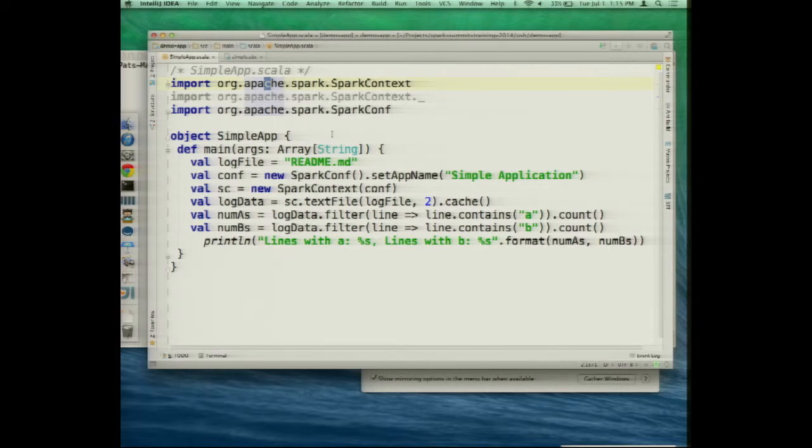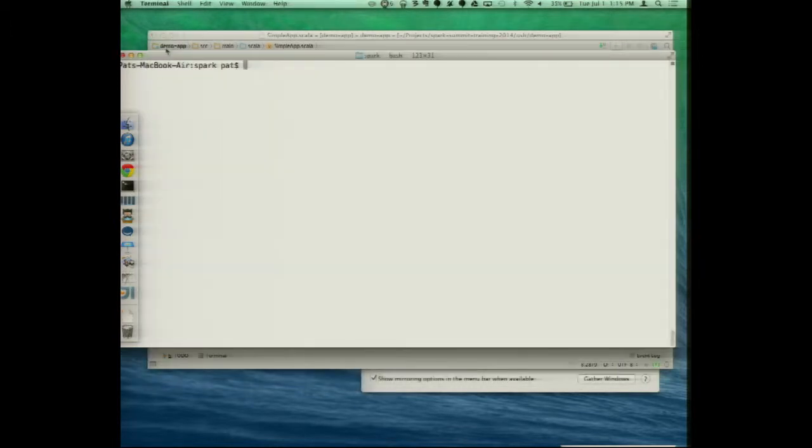So anyhow, all we're really doing here is finding a file. We're going to set up our Spark context. We're going to read the file in and do a simple filter and count. Okay? So that's pretty simple. So the process of actually